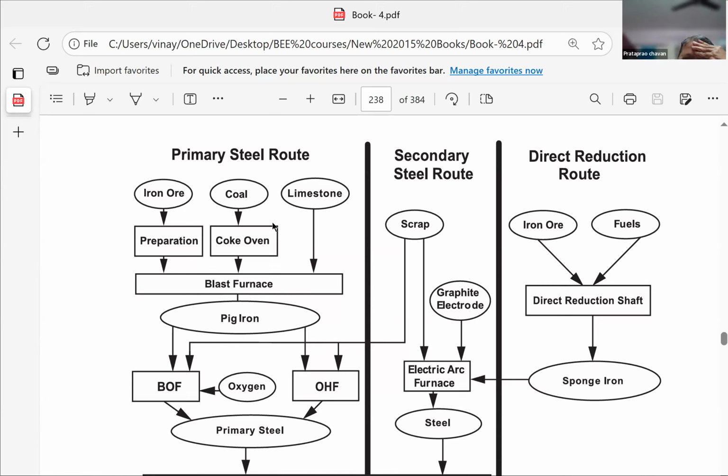The coke oven raises the temperature of coal to such an extent that all the volatile matter, ash, everything is removed. Now, the atmosphere in the coke oven is without the existence of oxygen. That means if oxygen is there, the coal will burn here itself and create a lot of heat. No, we want the heat to be preserved for the blast furnace. So only the